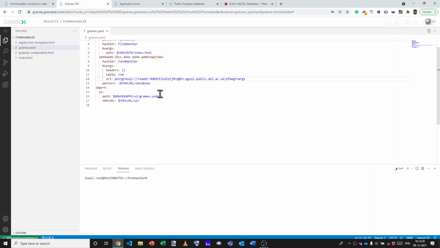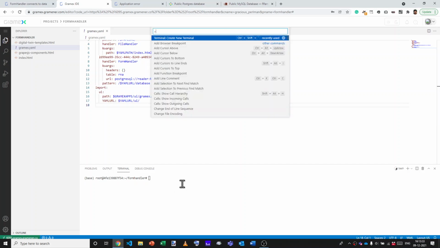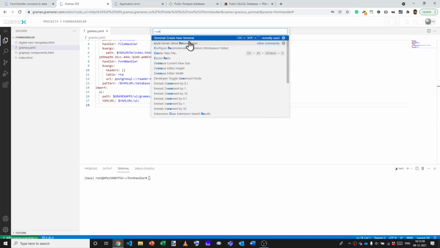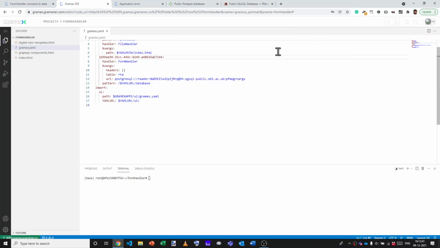So on the code editor, what you can do is go to the terminal, and if your terminal is not open, you can just press Control Shift P and create new terminal, or you could use the keystroke combination Control Backtick. That will open up the console. So I'm pressing Control Backtick, and that opens up the console.